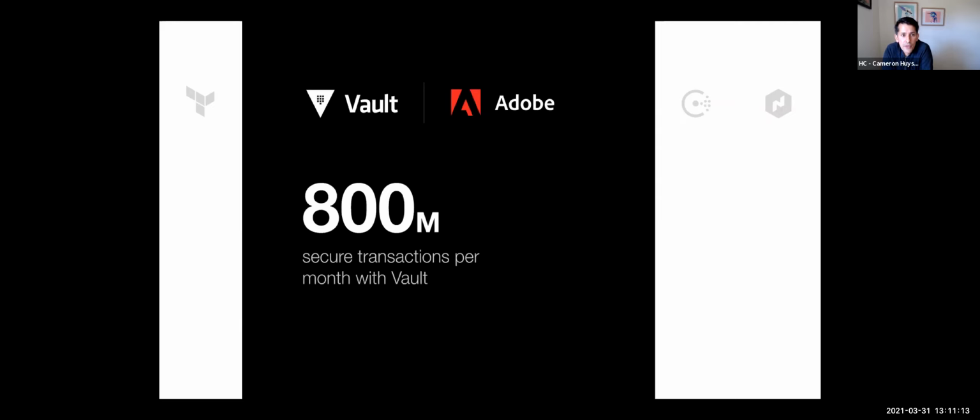The key takeaways from this case study is, they increase their productivity and security posture. They reduce their risk, right? All their user data and information is protected and stored safely by Vault. And they increase efficiency, right? They have many Vault clusters globally. They replicate between them. And then the cost to manage is drastically lower.